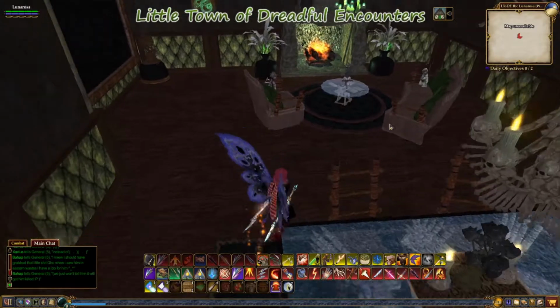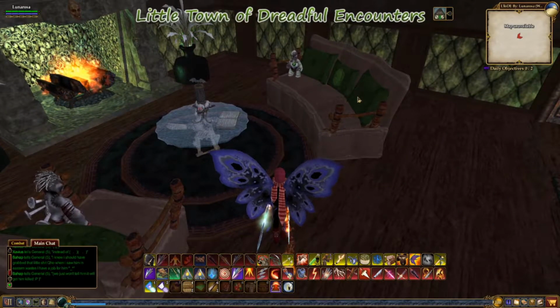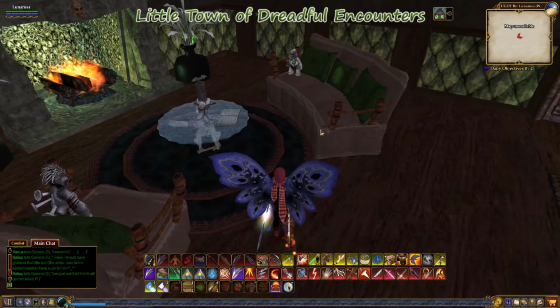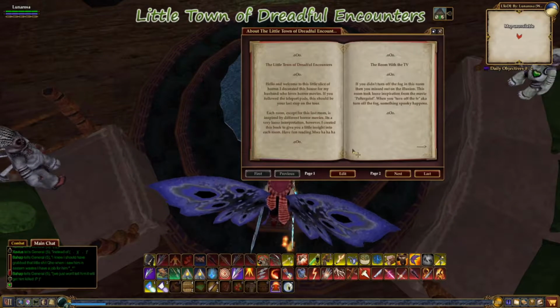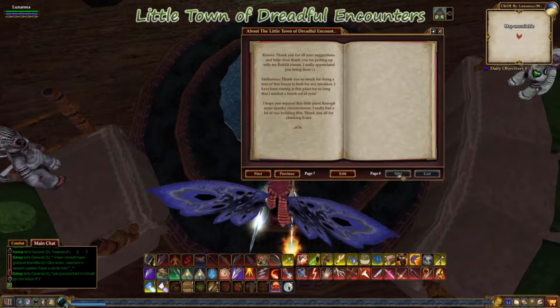So yeah, that's the house, the whole house. Like I said, I didn't use every room because I really wanted to focus on the whole premise of the 4 rooms, the 4 encounters. There is a book here, and it goes through and basically says everything that I've already said inside the video, except that at the end here,